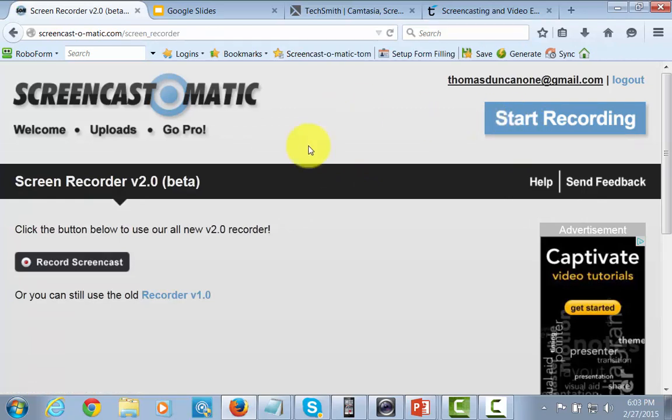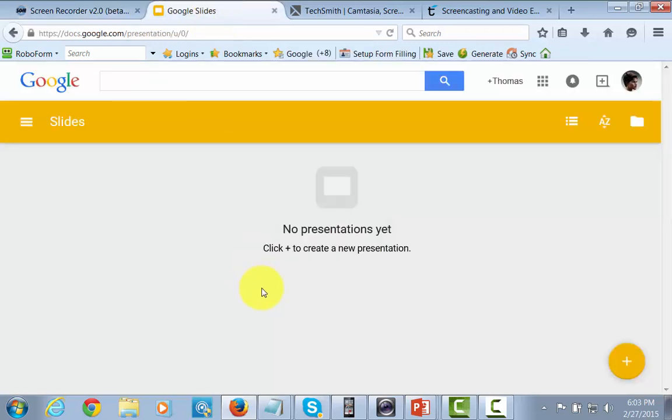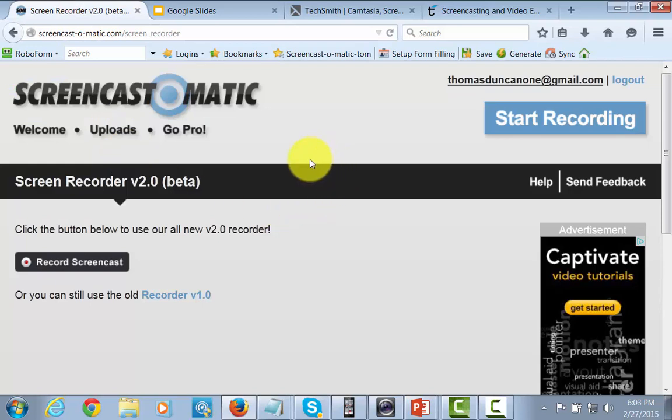And then what you'll see is a button here on the screen, and it's going to then say Record Screencast. Now, whatever it is that you'd like to record, you want to have that ready. If you're going to use a slide presentation and you want to create slides on Google Docs, you can do that. Or if you just want to record what's on your screen in order to create a video in order to upload to YouTube. Of course, you do want to make sure that you have a mic to talk into your computer while you're recording the screen. So what you want to do is you want to go to Record Screencast,